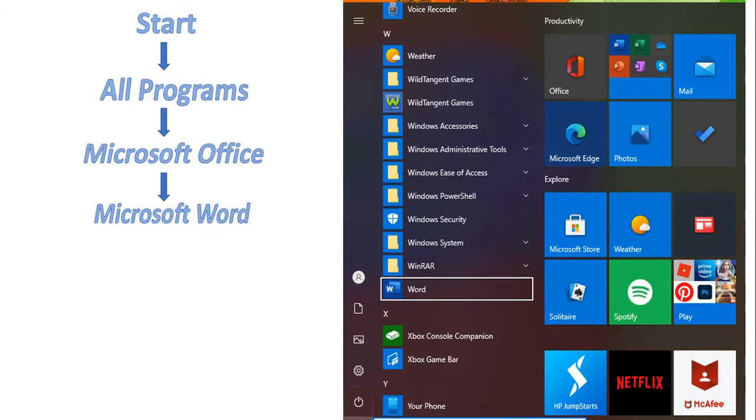This is the proper way to open Microsoft Word, but as per your computer settings, the view can be different. It means if you have the latest versions of Microsoft Word or Windows, it can be different. You can also have an icon of Microsoft Word that gives you a shortcut to open it. Also, you can have it on your quick launch pad that is available on the taskbar. So anyway, you can use any of these to open Microsoft Word.